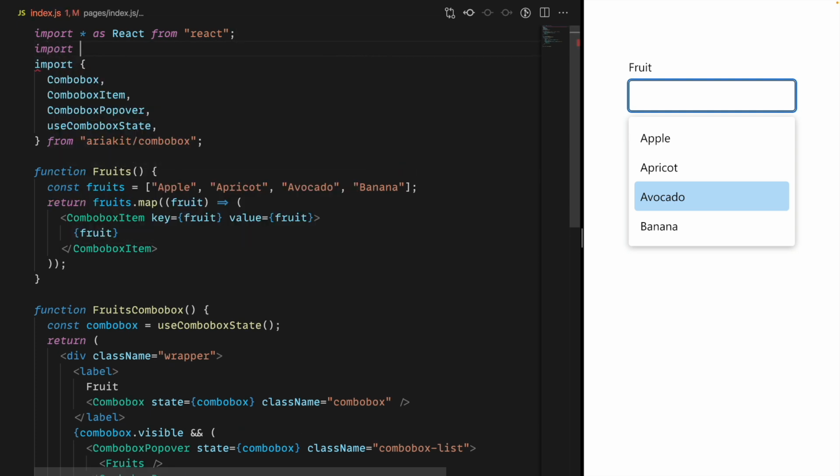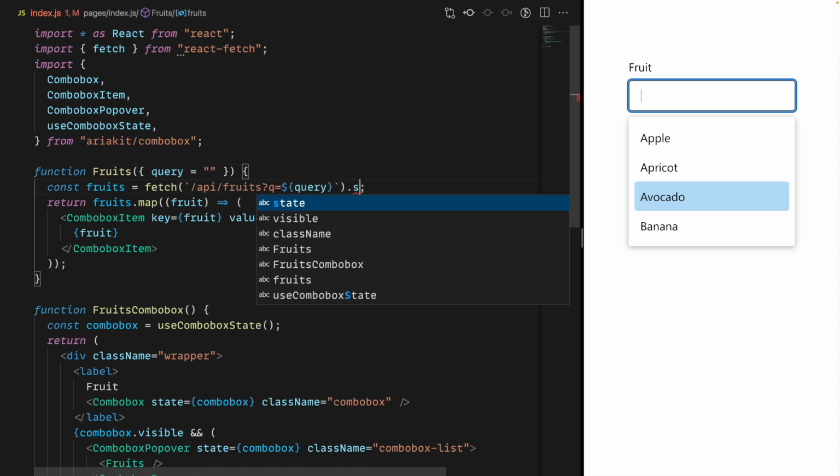First, I'm going to import fetch from React Fetch. And here, instead of this static array, I'm going to fetch a URL. It's going to be /api/fruits, and I'm going to pass a query that I'm going to receive from the props. And here I need the JSON.